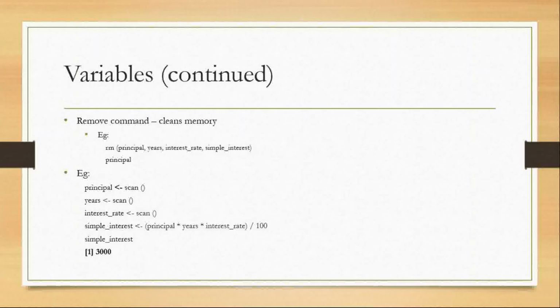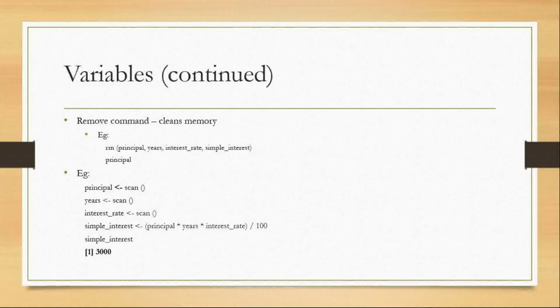In this example, after calculating simple interest, we don't need the variables related to simple interest, so we can remove them. We can remove all the variables in a single shot. You need not remove them one by one. We will try executing this after seeing the rest in RStudio.